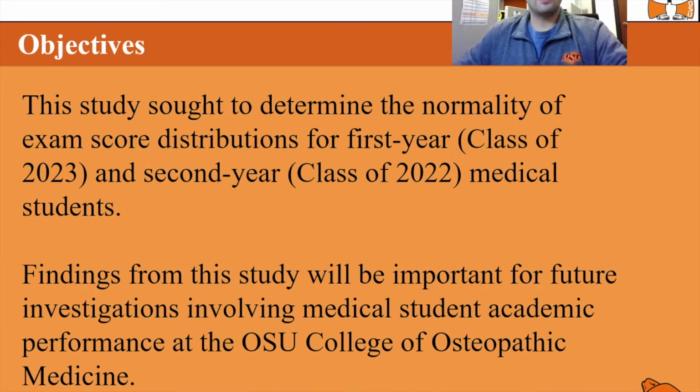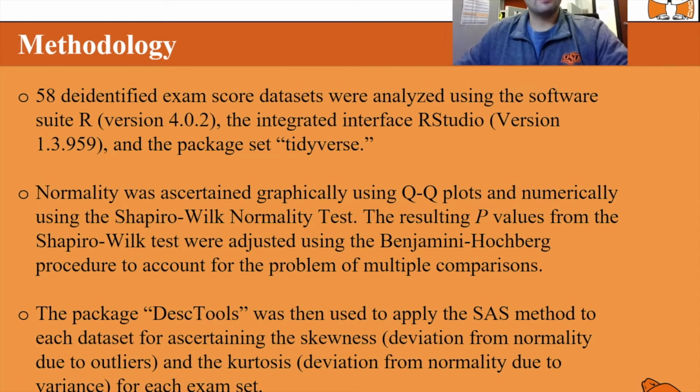Thus, we sought to ascertain the normality of exam score distributions for first and second year medical students and to determine exactly how normal or non-normal the distributions are. Findings from this study will be useful for future investigations wishing to perform further analysis of academic performance at the College of Osteopathic Medicine. So 58 exam datasets from the classes of 2022 and 2023 were de-identified and assessed using